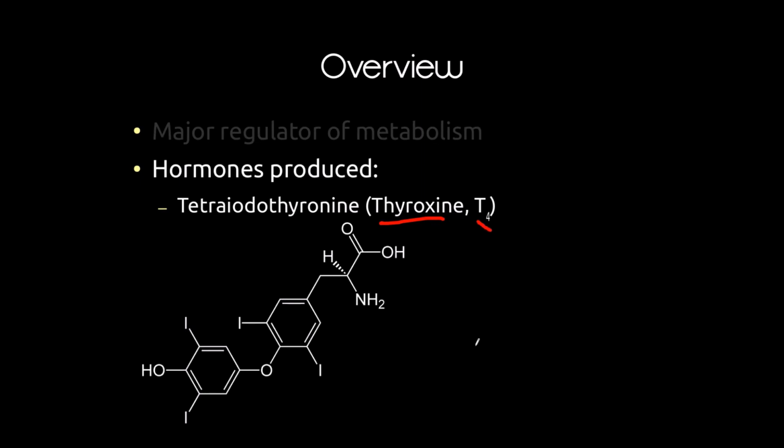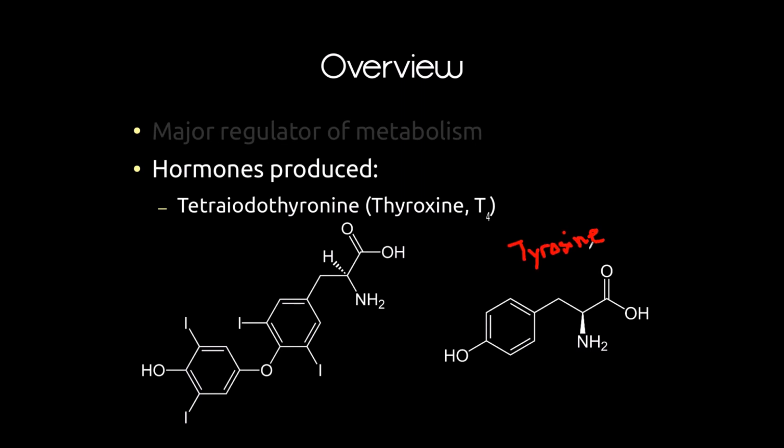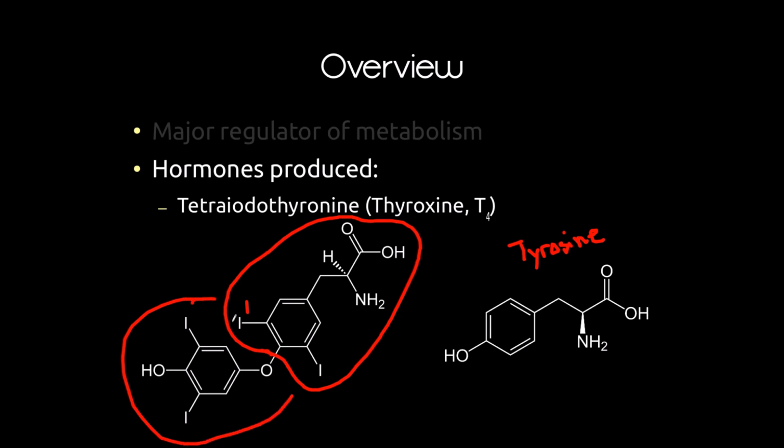The reason this is called tetraiodo is that we have these 4 iodines here that are attached onto this. Now, one thing I want you to notice is that this is very similar to the structure of tyrosine. So over here, this is tyrosine, and it's actually made out of 2 different tyrosines. So if you look at just this part of the molecule right here, with the exception of those iodines that have been tacked on, this is exactly tyrosine right here. Essentially what we did is then pull on another tyrosine functional group here. So both thyroid hormones are essentially these modified tyrosine molecules that have had these iodine atoms